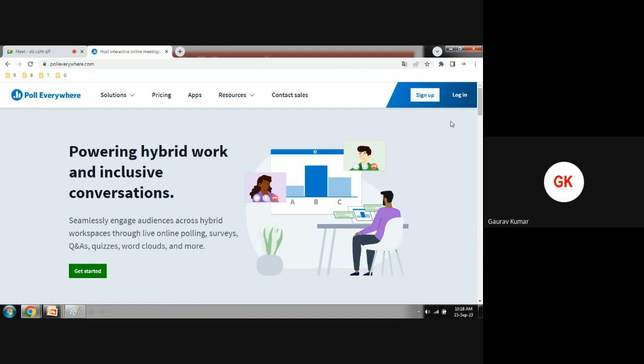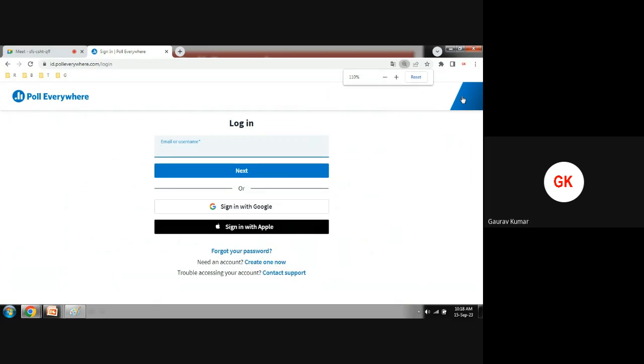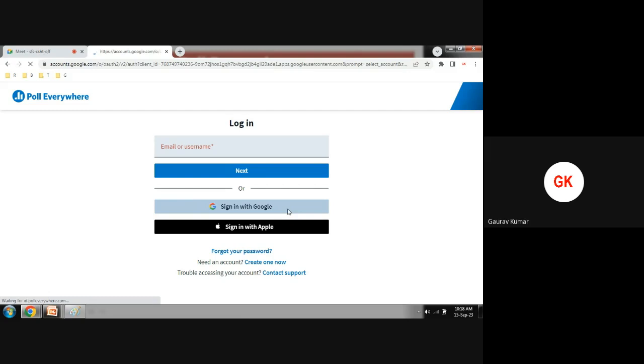At top right you can see the sign up and login option. We will simply log in, and nowadays everybody has a Google account. No need to create a new account, because when we create accounts on multiple websites, it becomes very challenging to remember their usernames and passwords. So simply we can use our Google or Apple account. Okay, sign in with Google,